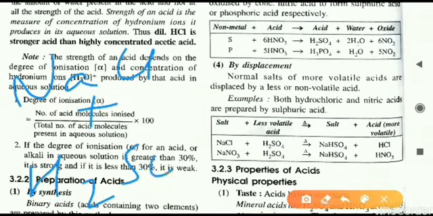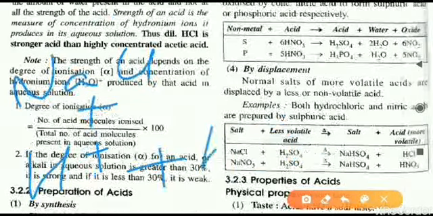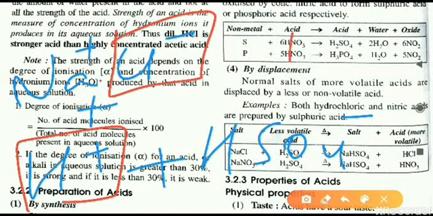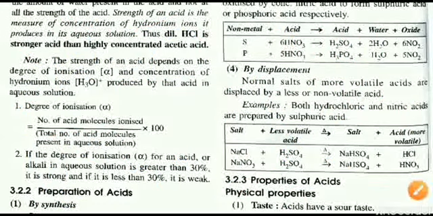Let me write this equation in simple terms here. NaCl combines with H2SO4. Now this H2SO4 breaks down into two parts. Let me write those parts. First is H plus ion. Second one is HSO4 minus ion. In the NaCl, Na is positive, Cl is negative. Now you can see this H plus will combine with Cl minus, and we will get HCl. Similarly, Na positive will combine with HSO4 negative, and what we will get is NaHSO4. So two things are prepared. One is acid and NaHSO4, that is the salt.